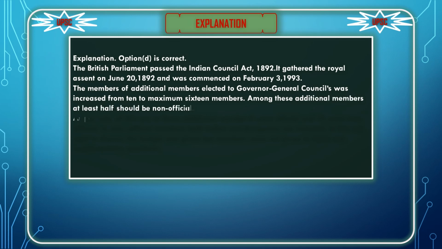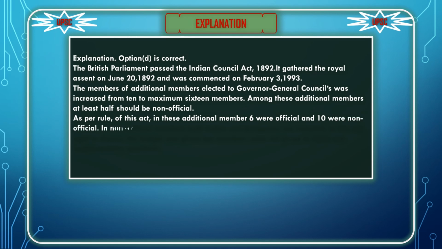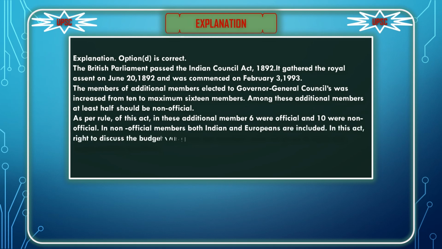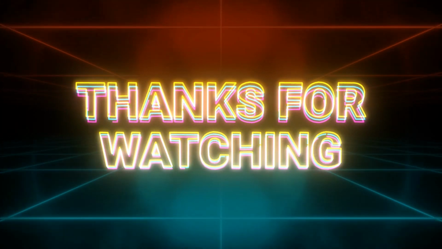Among these additional members, at least half should be non-official. Thus, as per rule of this act, in these additional members 6 were official and 10 were non-official. In non-official members, both Indian and Europeans are included. In this act, right to discuss the budget was given, but members were not given rights to ask supplementary questions.